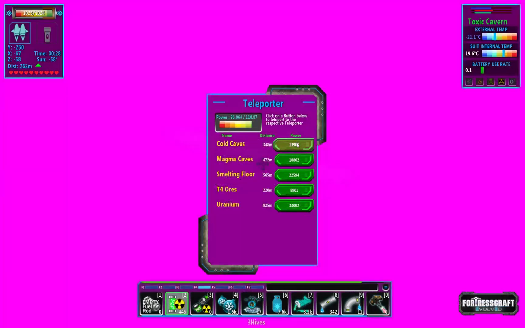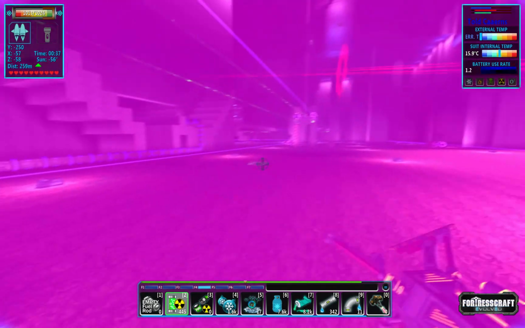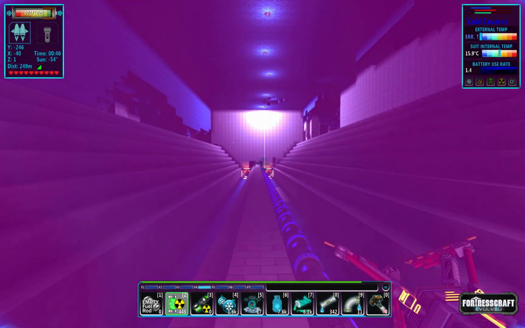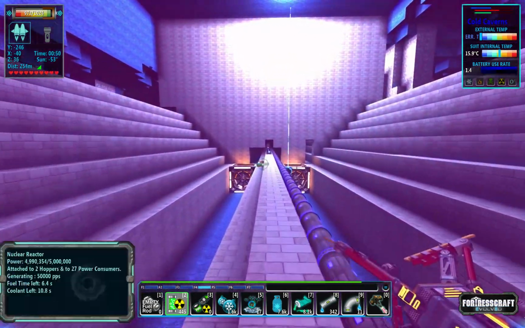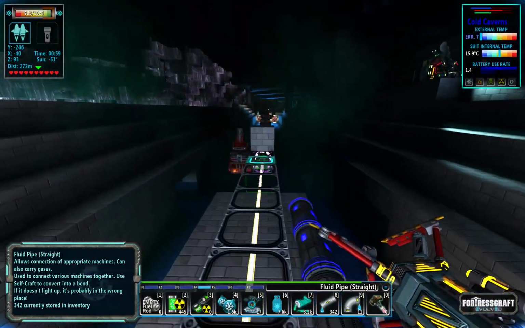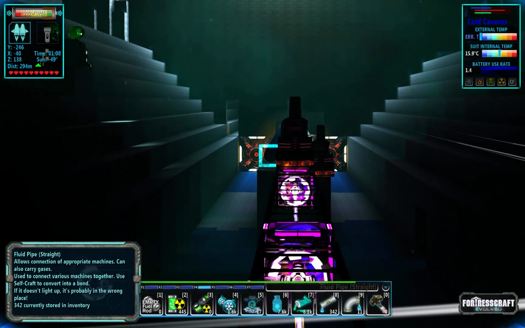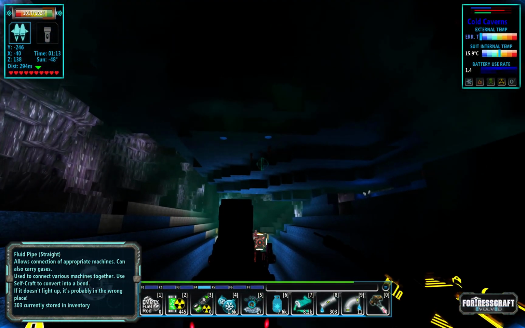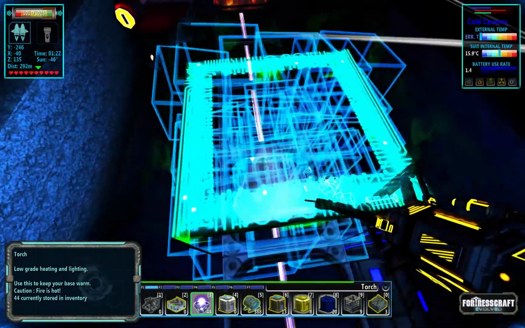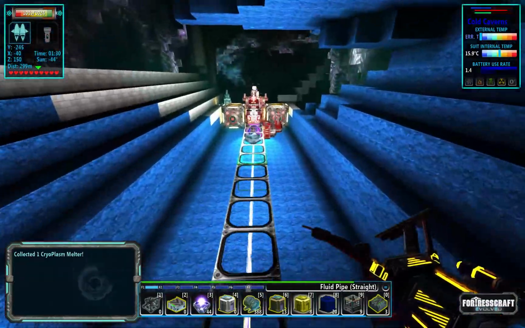Let's head back to the cold caves. See if we can't not die this time. Follow our pipe out here. Fluid pipe. Let's stick to the top this time. Find our leading edge, build onto it. And I know I've got some lights around here somewhere. Unfortunately, I don't know where, because I want to light up the leading edge of this, just so I know where it is. And then we have to take these side ones off, because that is where...